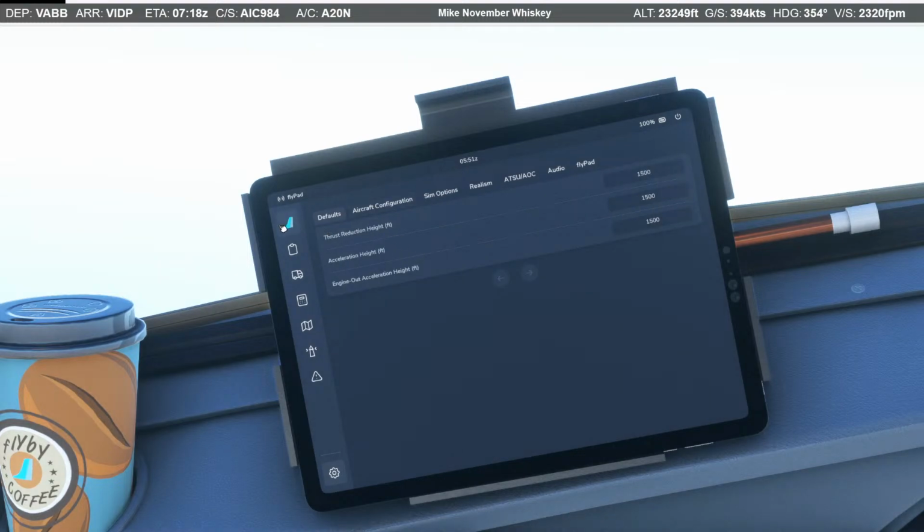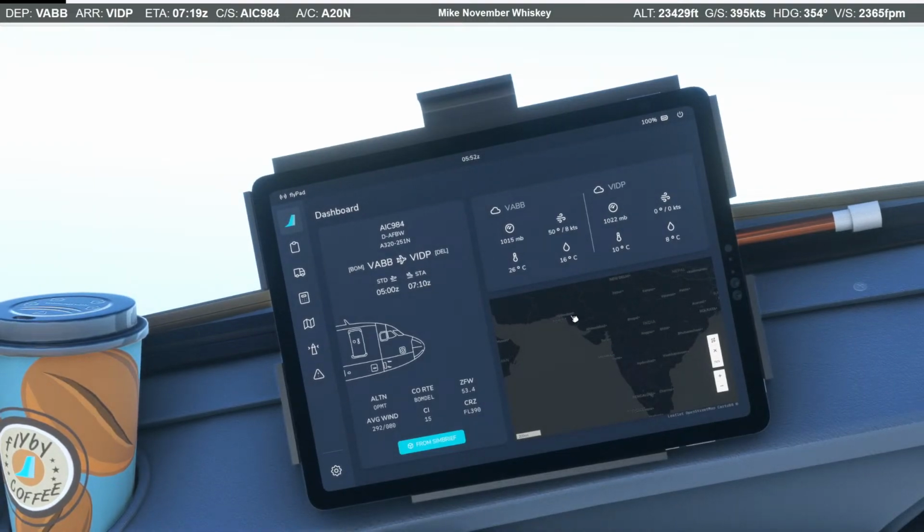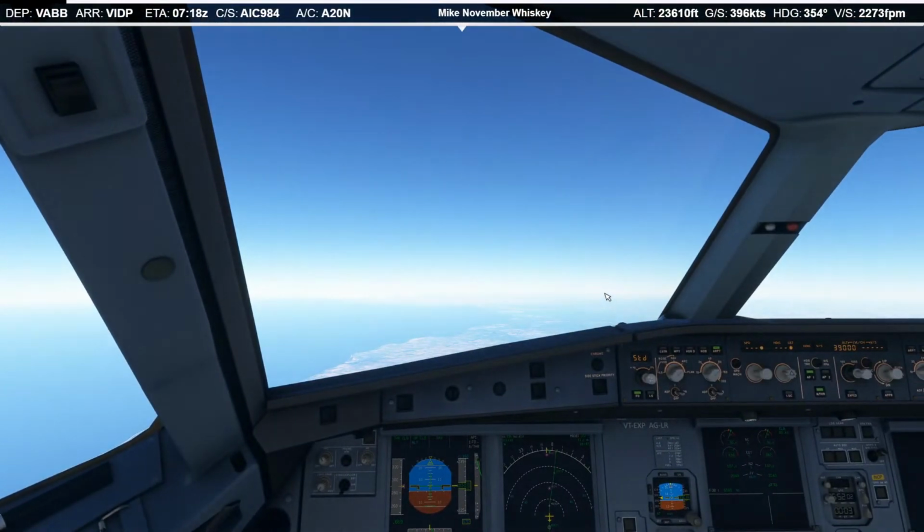Just checking out the options there. I'll just write down, I'll get the Delhi ground frequency loaded up. Oh, so it's also 121.9.